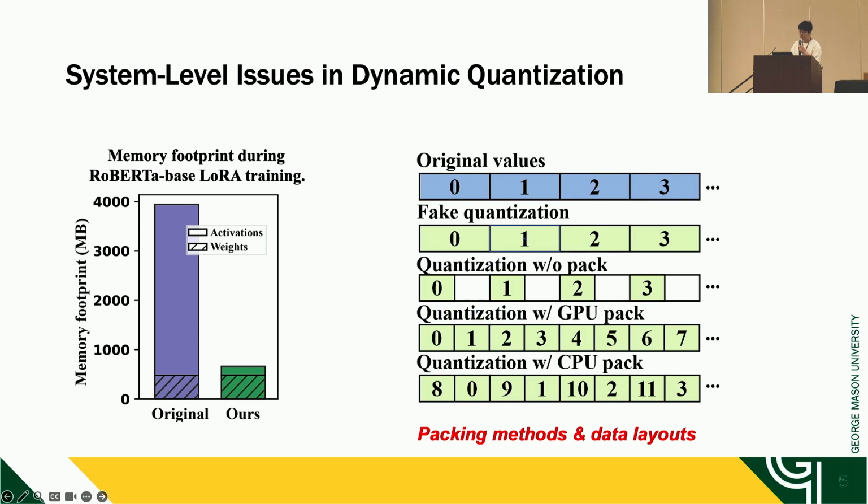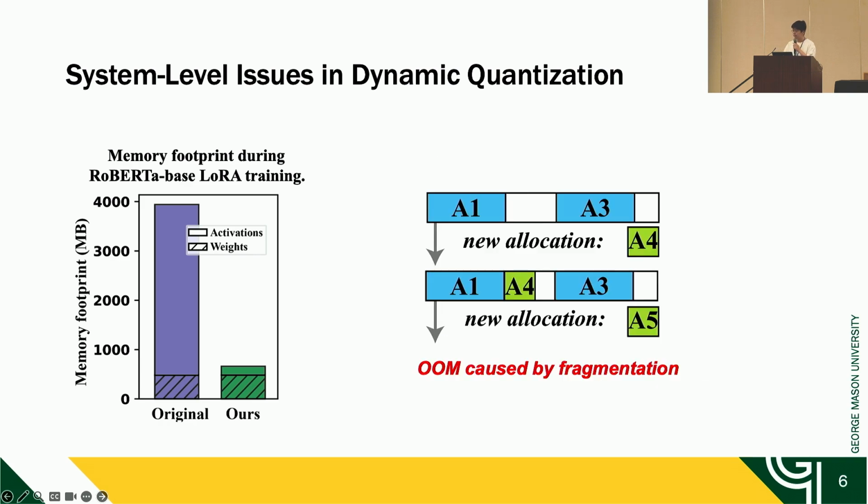The second is packing and data layout issues. Activations must be carefully packed and unpacked to ensure efficient storage and computation. Third, memory fragmentation. Frequent storing and discarding of activations can cause fragmentation, reducing effective memory